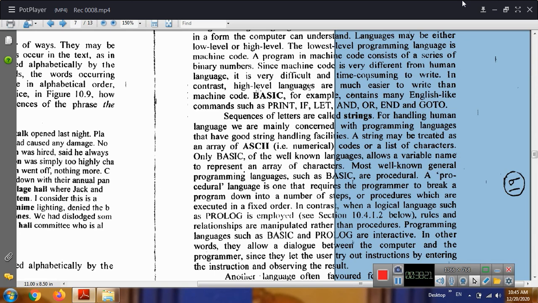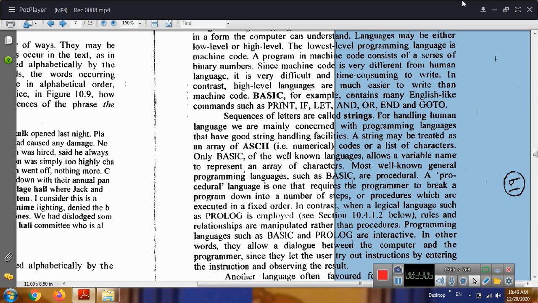For handling human language, we are mainly concerned with programming languages that have good string handling facilities. A string may be treated as an array of ASCII numerical codes or a list of characters. Only BASIC of the well-known languages allows a variable name to represent an array of characters. Most well-known general programming languages such as BASIC are